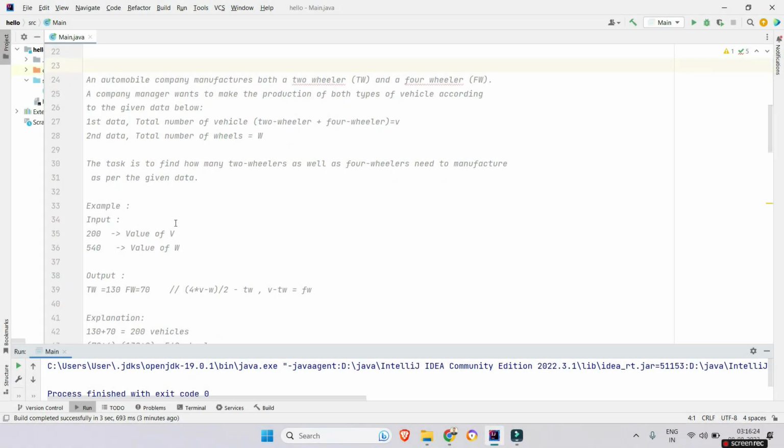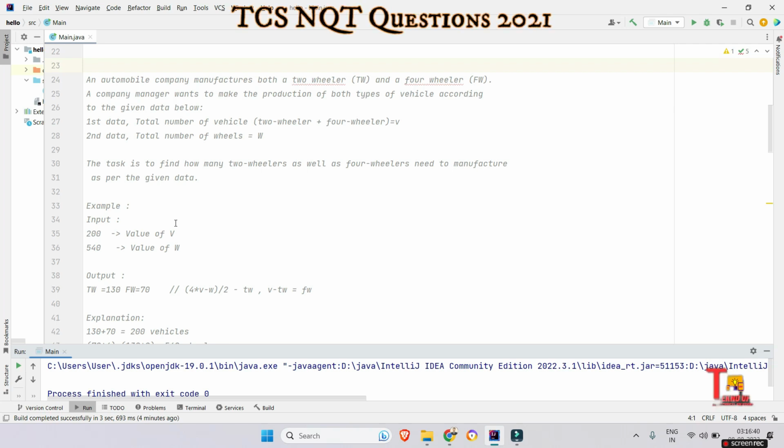The question is, an automobile company manufactures both a two-wheeler and a four-wheeler. A company manager wants to make the production of both types of vehicle according to the given data. First data, total number of vehicles, two-wheeler plus four-wheeler, is equal to V. Second data, total number of wheels is equal to W, right? The task is to find how many two-wheelers as well as four-wheelers need to be manufactured as per the given data,